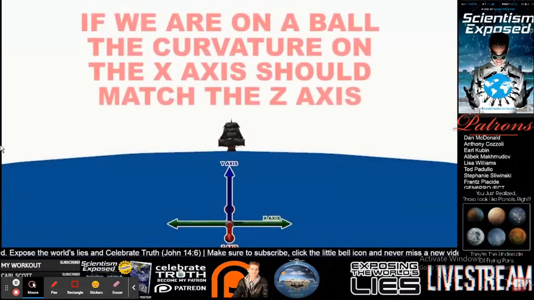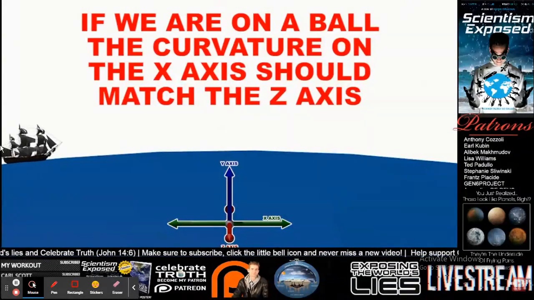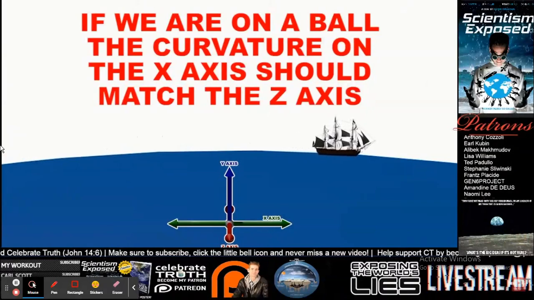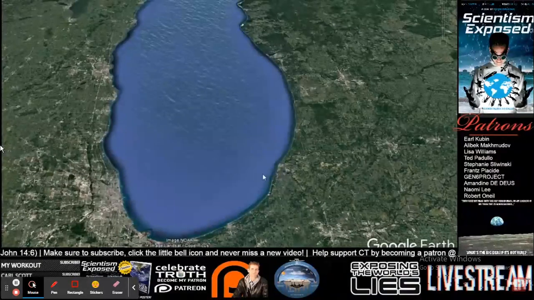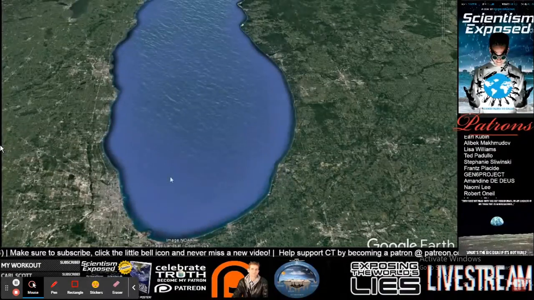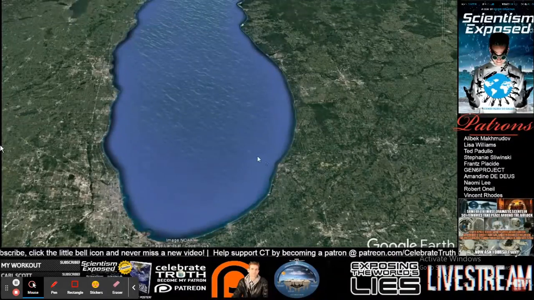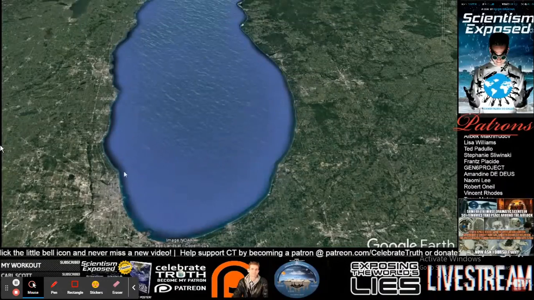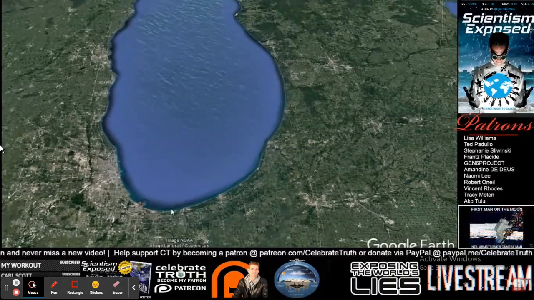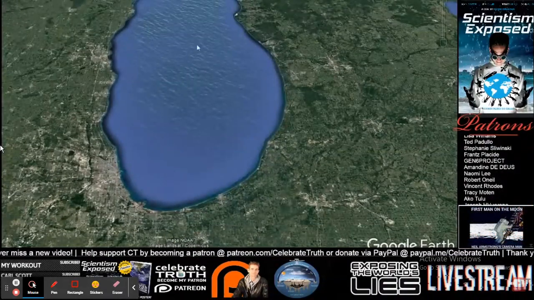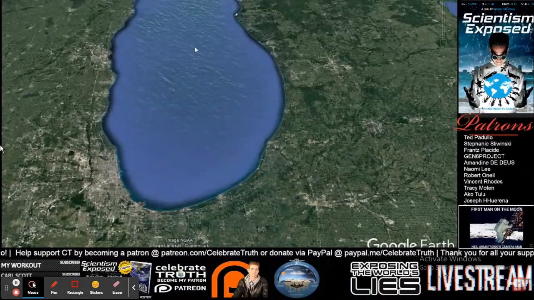You can't say ships are rolling over the ball on the z-axis without having the same exact perception on the x-axis. I was thinking about that while we were on Lake Michigan. We were on the east coast of the lake looking toward the west. And so if you're standing on the east coast looking toward the west and you claim that ships are disappearing in 3, 4, 5, 10 miles, whatever distance, then people who are standing on the southern coastline would make the same claim. If they're on the south looking toward the north, they would say the same thing. Well, I see ships disappearing in 3, 4, 5, 6, 7, 8, 9, 10 miles away.